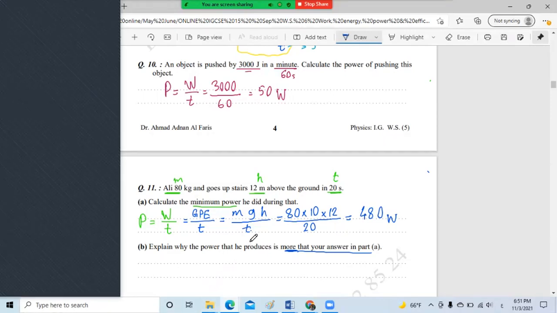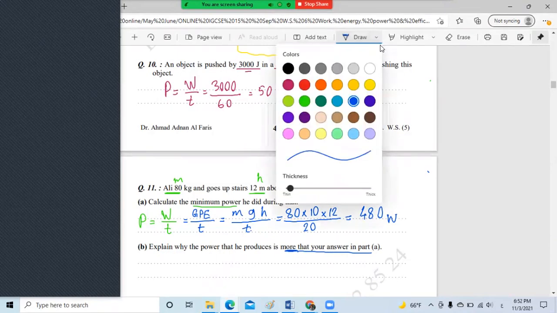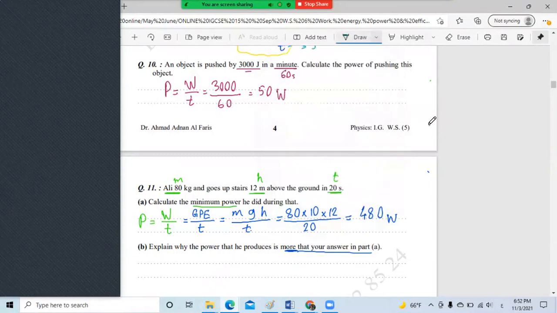So a lot of energy is what? That he used or burned. This is the minimum, not maximum, not average. This is the minimum work or the minimum power. Can we write joule per second? Yes, you can write joule per second, but it's better to write watt, okay? So write down: